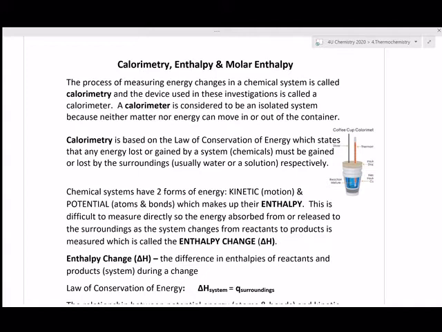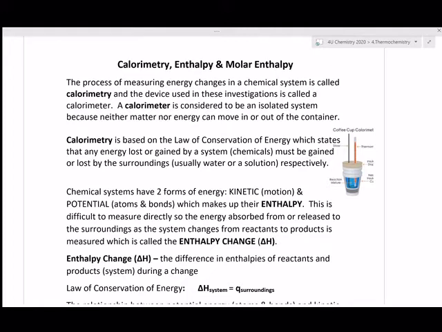And because of that, where the chemicals are possibly gaining or losing heat has to be the surroundings, but strictly the surroundings within the calorimeter, which is going to be water, or it